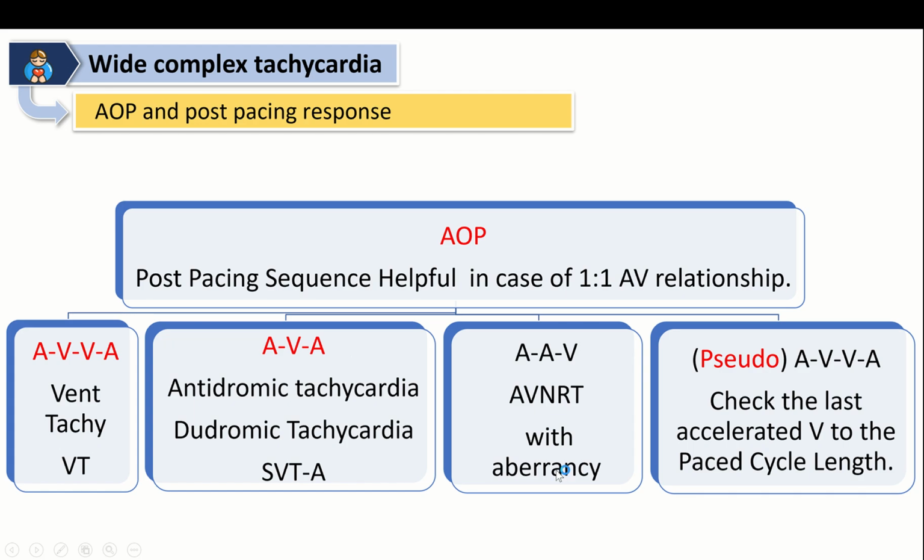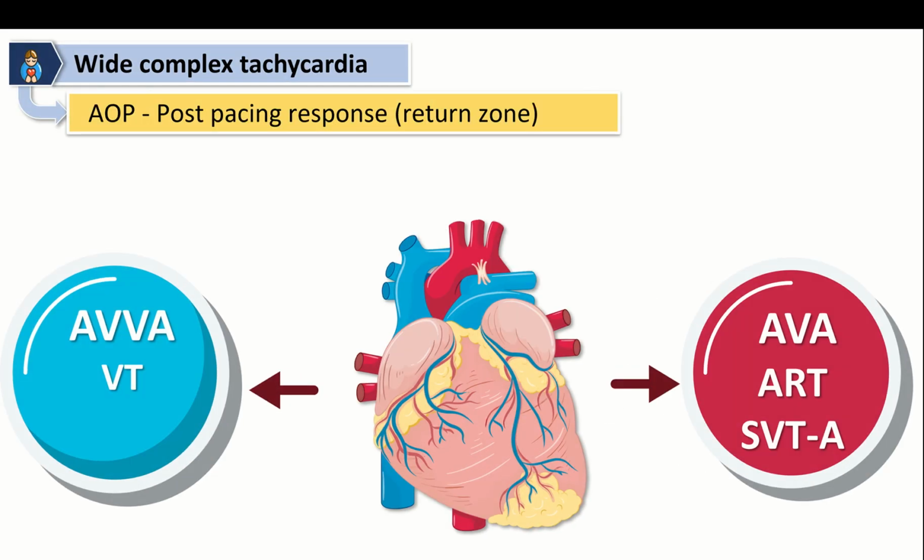However, in AVNRT with aberrancy, occasionally we can see AAV response, and please don't get confused about the pseudo AVV response. You should identify very well the last paced atrial beat and the last accelerated V beat. Golden rule in wide complex tachycardia: use atrial overdrive pacing, assess post-pacing response, mainly to tell is it VT or